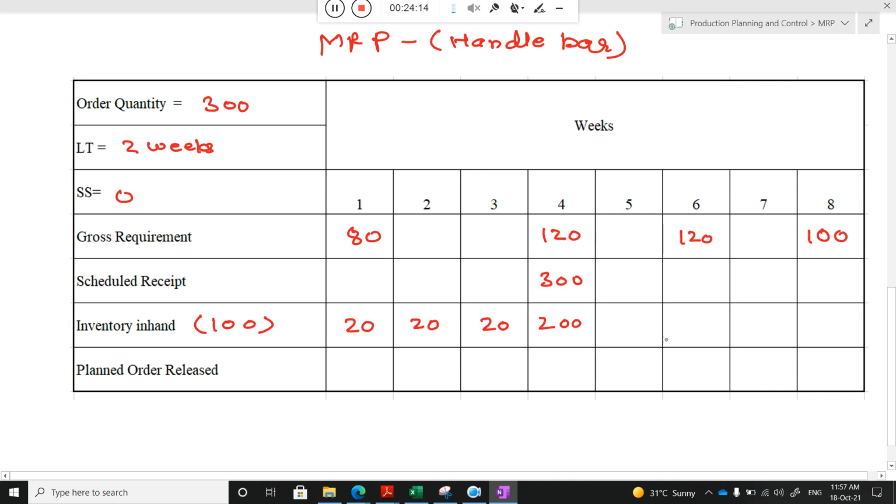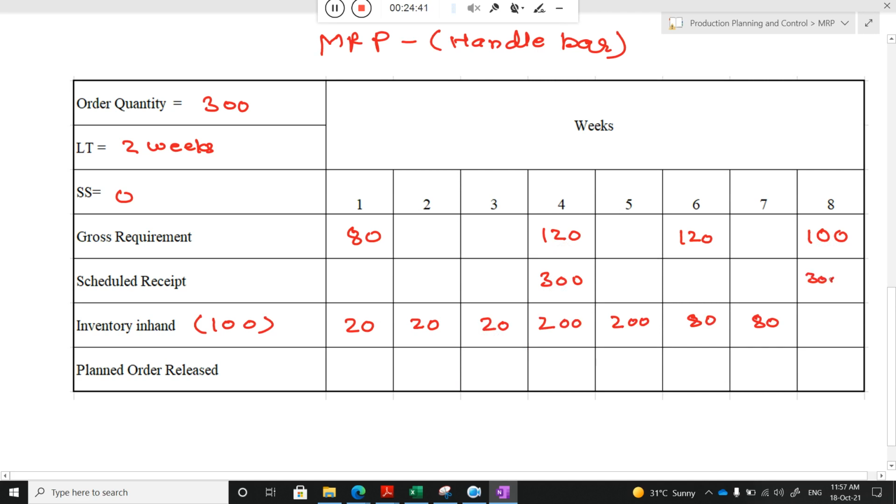Nice. So now, in the next week, week 5, 200 in my plant. Can you tell me here how much is remaining? 80. Okay, now here 80. Here the requirement is 100. So again I put an order like that. I will receive that particular order in week 8. So what I need to do?